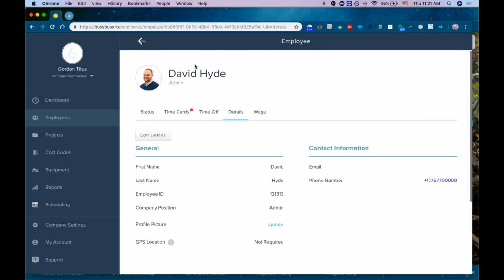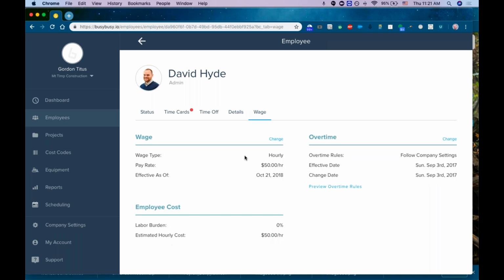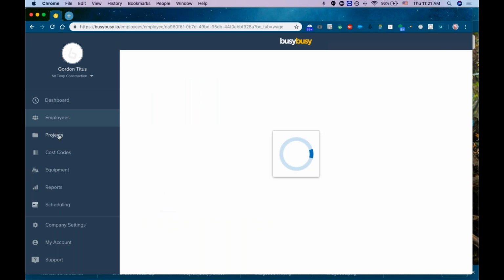so if you have any questions about working in an employee's profile, go ahead and post that question there, and then we can also talk about wages at some point as well. But because we're short on time, we'll go ahead and jump over to projects,